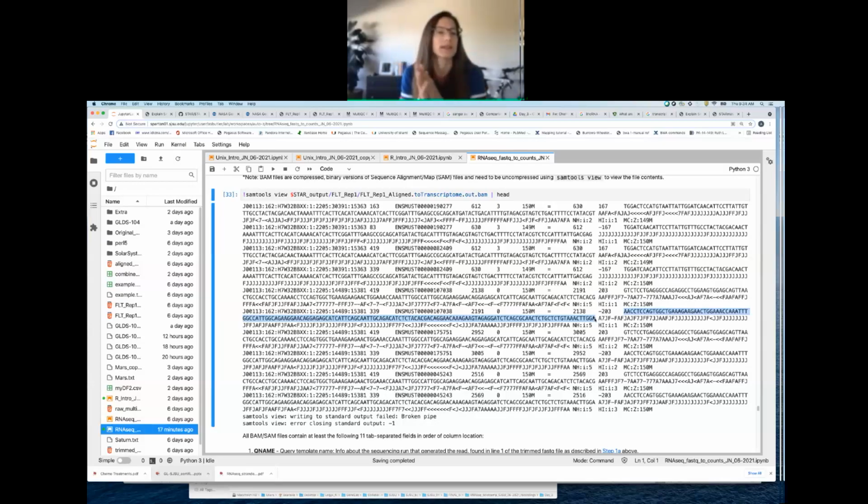I think you're probably just looking at the wrong SAM flag. So it's going to be indicated by that NH SAM flag. So the number of places that it maps to is going to be indicated by this NH flag. So you'll notice here that it's actually 5. And so Diksha, you were right. So it's 5 for the next set of reads. And so we're actually only seeing 3 of those 5 locations looking at the first 10 lines of this aligned to transcriptome file. So I can bet that if we take a look at the next 4 lines,